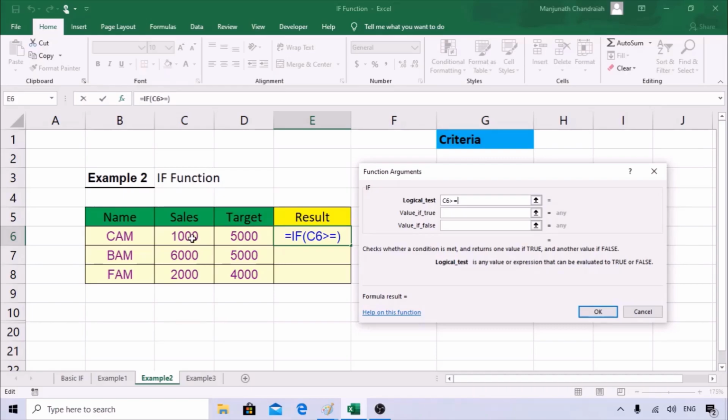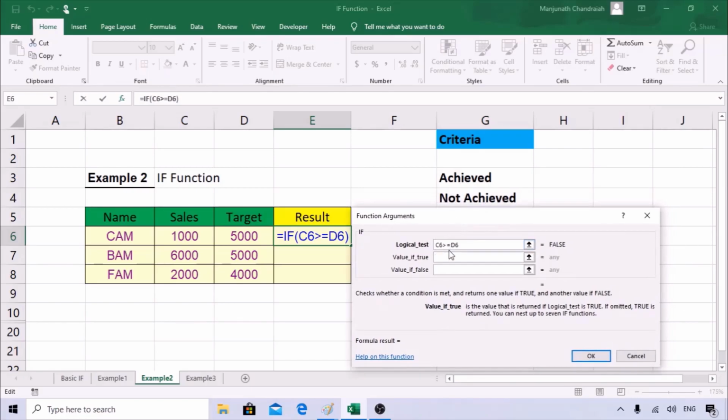What we are trying to do is C6, sales: if the sale is more than or equal to 5000, so we are going to select this cell. We are not typing a number here because the target is changing for each cell. One person's is 5000, the next person's is 4000. If you give 5000 here, it will be a constant. So you should pick based on this cell. Now you say the sales of a person is greater than or equal to the target you have given here. If it's equal to the target, then it is achieved, right?